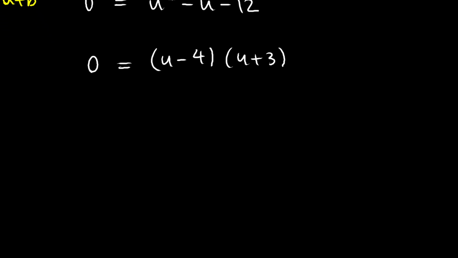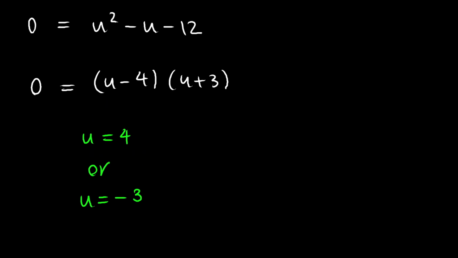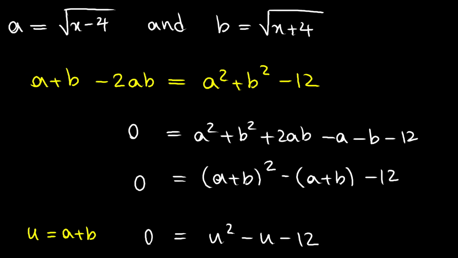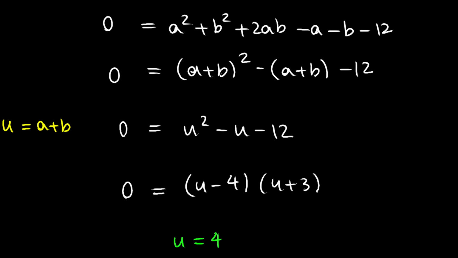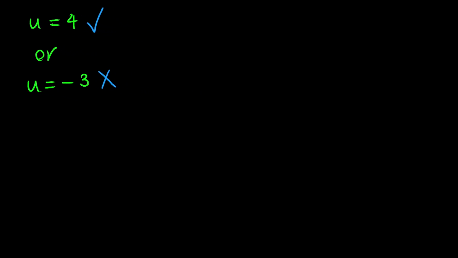Therefore, based on the zero product property, I can go ahead and say that u equals 4 or u equals negative 3. Now, remember that u is equal to a plus b, and both a and b are positive quantities because both of them are equal to some square root. Therefore, u must be positive. So this is a valid solution, but this is not. So we have found out that u equals 4,